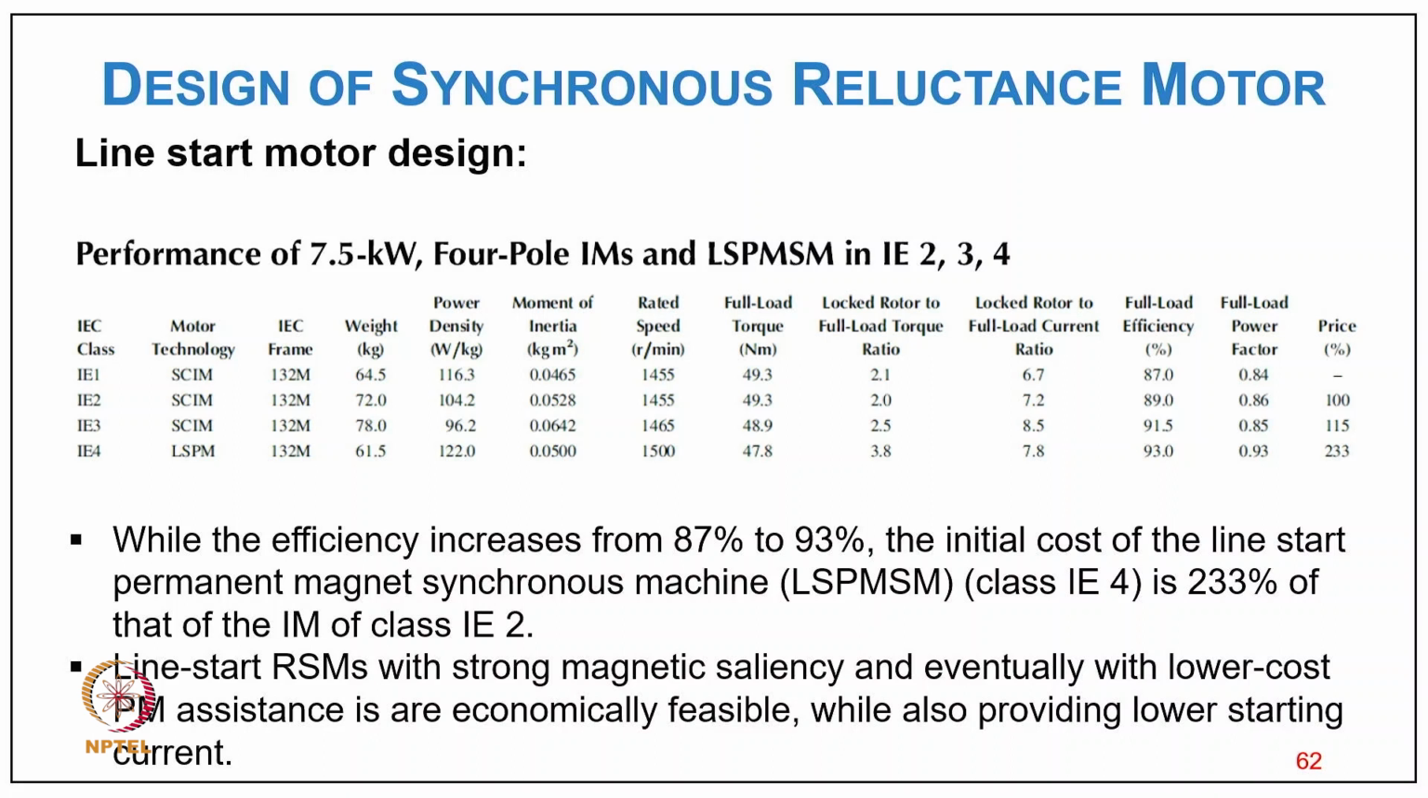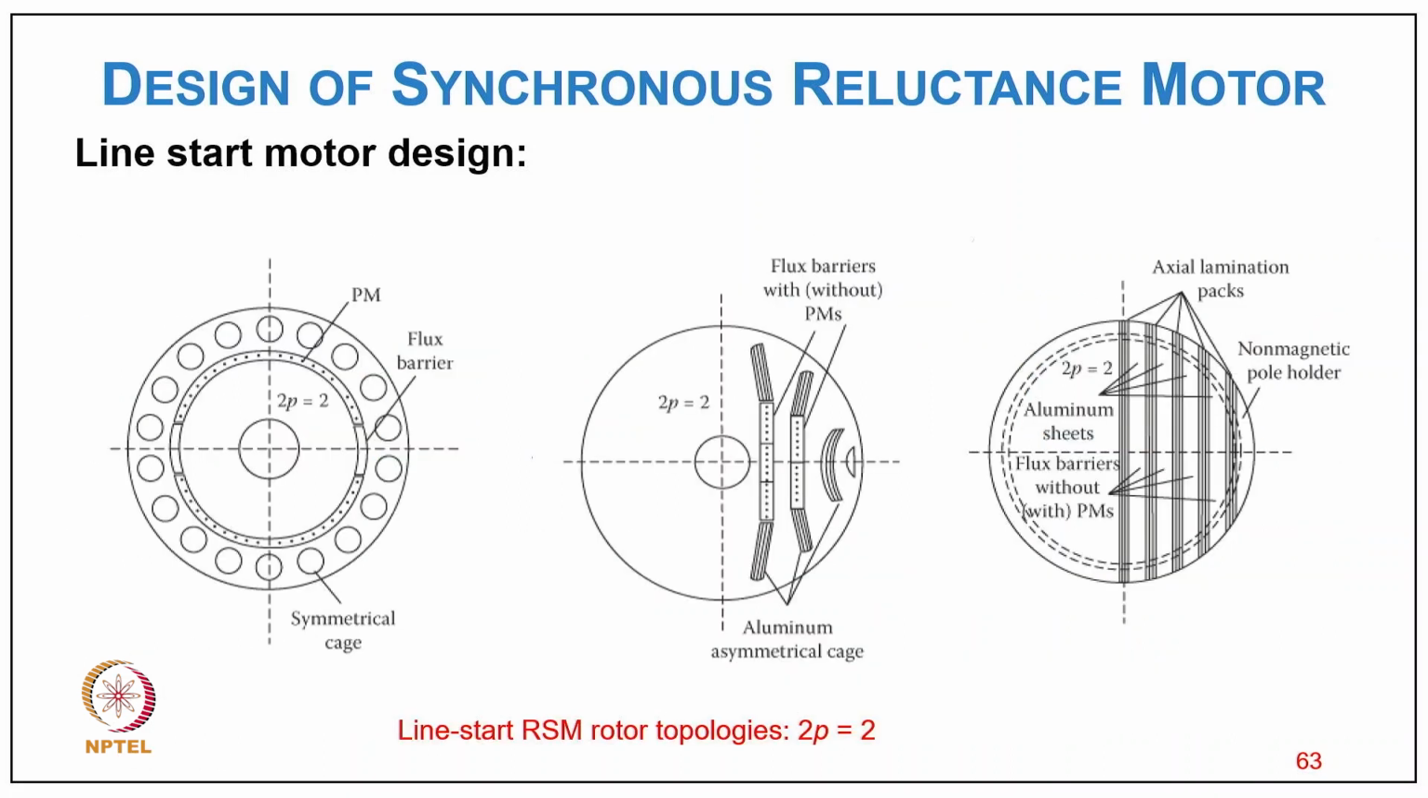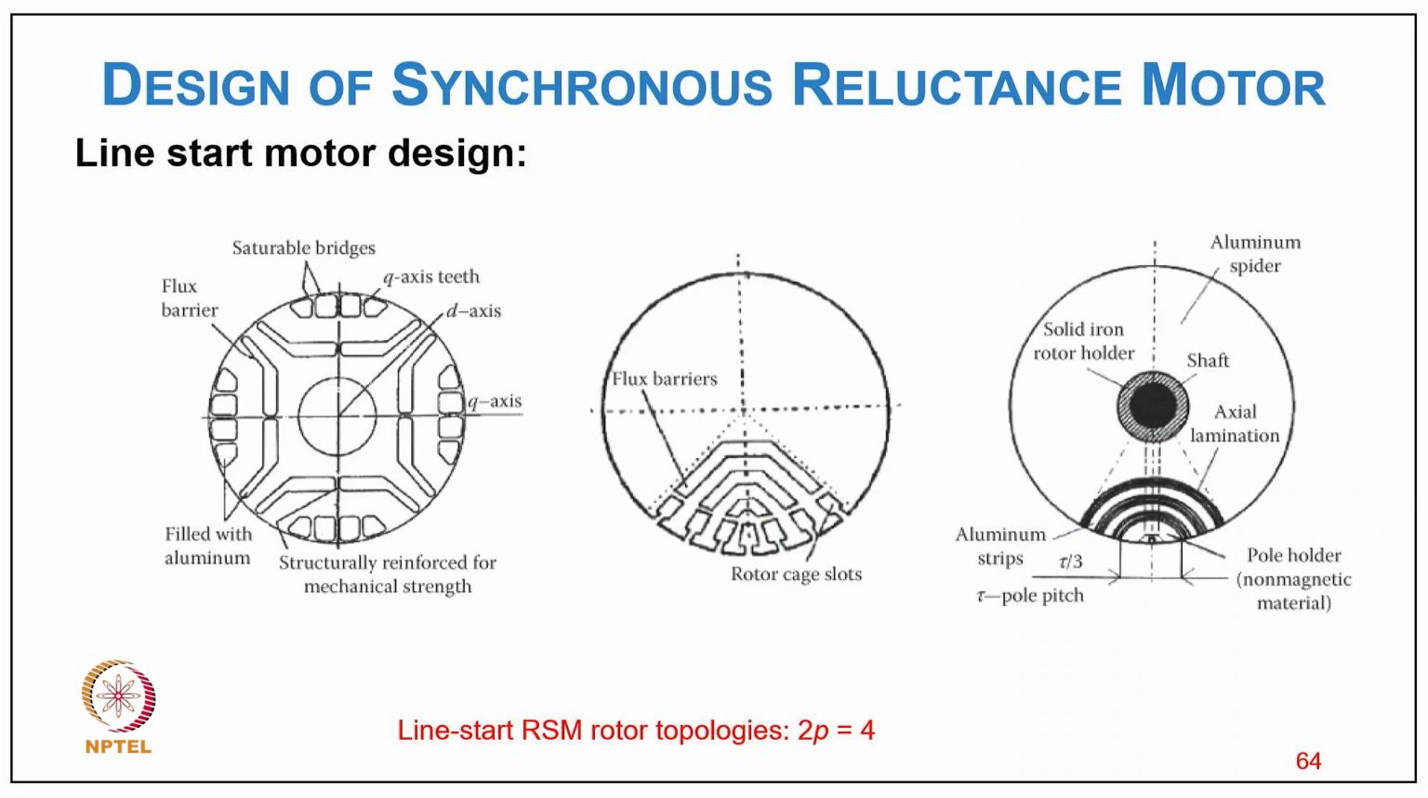While the efficiency increases from 87 to 93%, the initial cost of the line start permanent magnet synchronous machine of class IE4 is 33% higher than that of the induction motor of class IE1. A line start reluctance motor with a strong magnetic saliency and eventually with lower cost PM assistance is economically feasible while also providing lower starting current. And you can clearly see the line start reluctance motor topology with 2p equal to 2, meaning typically the 4-pole geometry, and typically the line start reluctance motor with the topology of 2p equal to